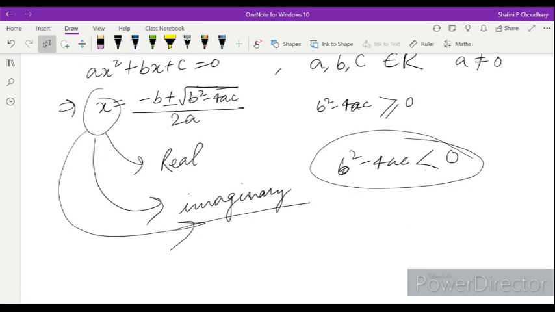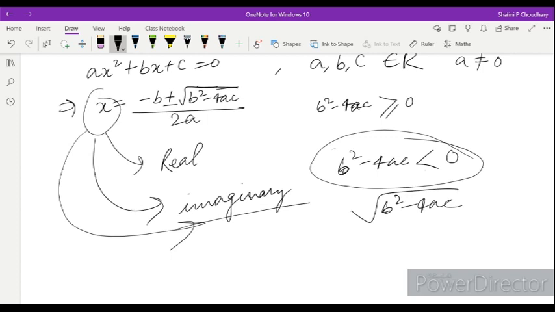Okay, why? Because square root of किसी भी value का if you are finding out and lesser than 0 मतलब negative number का square root when you are finding out, ये अगर lesser than 0, it means b square minus 4ac is a negative number, तो minus value आएगा. So minus मतलब when we'll find out the square root of minus 1, that is equal to i, that is imaginary complex number हमें मिलेगा.